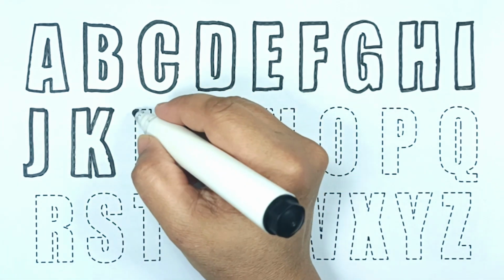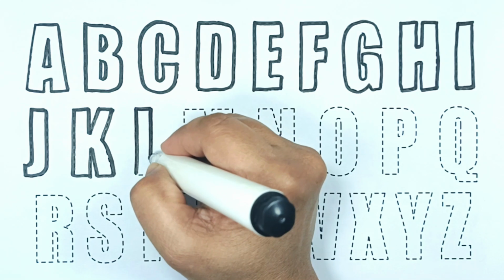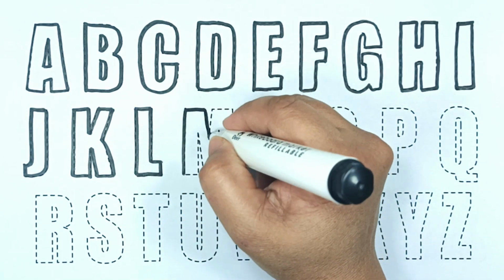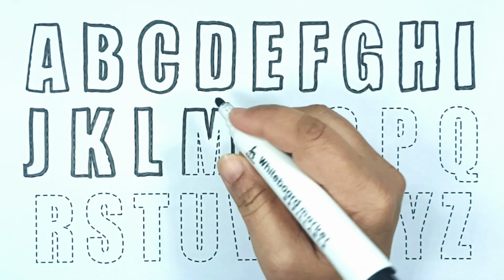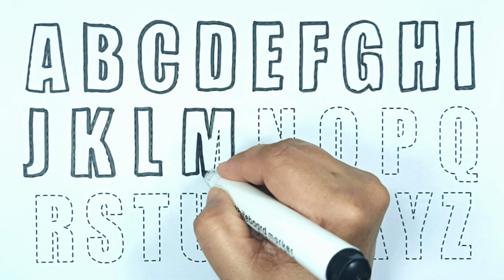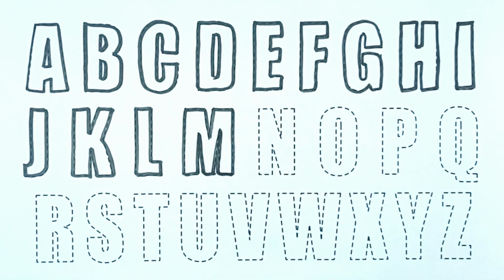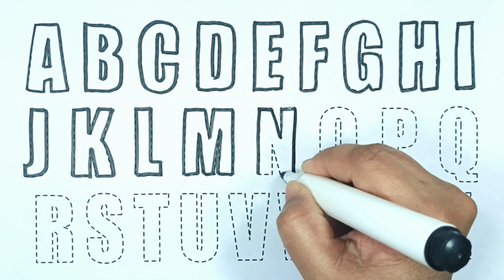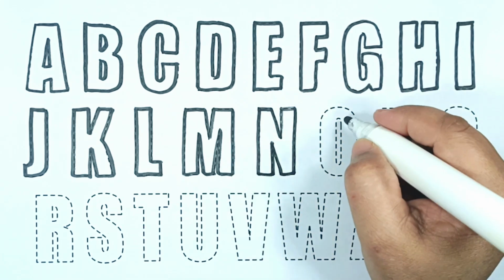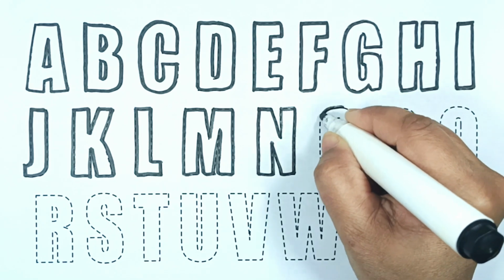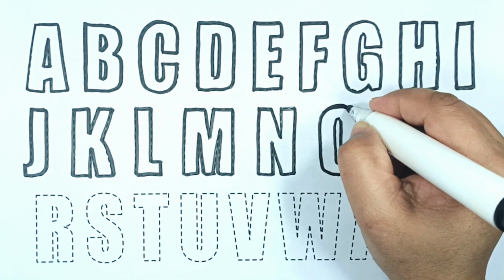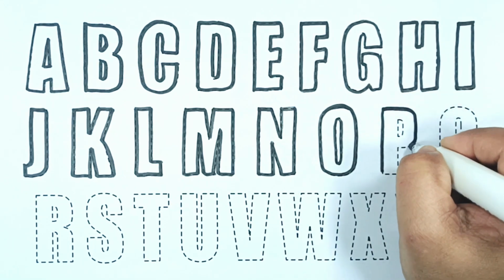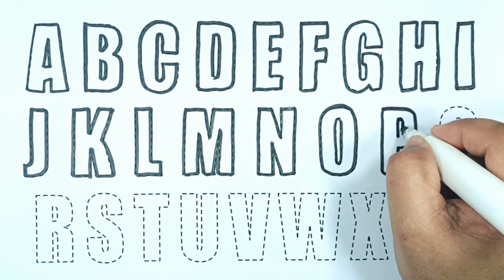K. The cat takes the mouse, L. The cat takes the mouse, hi-ho the dairy-o, the cat takes the mouse. The mouse takes the cheese, M. The mouse takes the cheese, hi-ho the dairy-o, the mouse takes the cheese. The cheese stands alone, N. Hi-ho the dairy-o, the cheese stands alone. O. P.